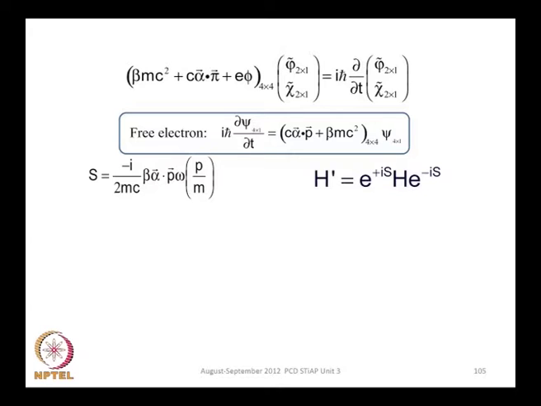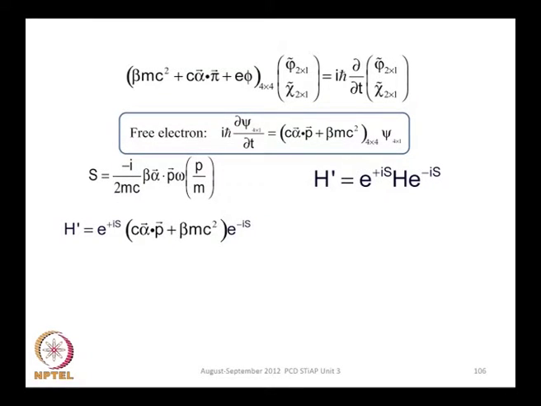We have our objectives very well defined. We want to get rid of the odd operators. Our motives are very clear. So this does not involve any time dependence. So h prime is e to the is h e to the minus is, and that is what I have written here. H prime is this. This is the free electron Hamiltonian c alpha dot p plus beta mc square. Okay, this is the free electron Hamiltonian,